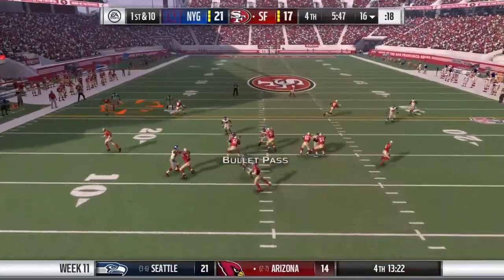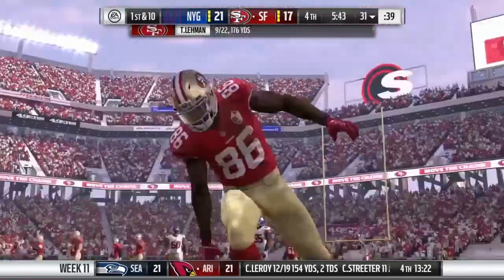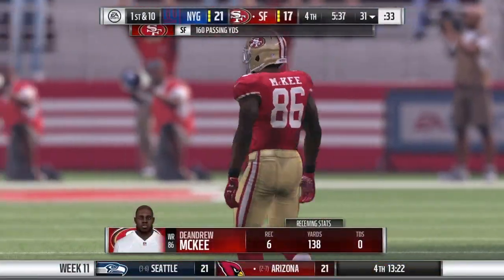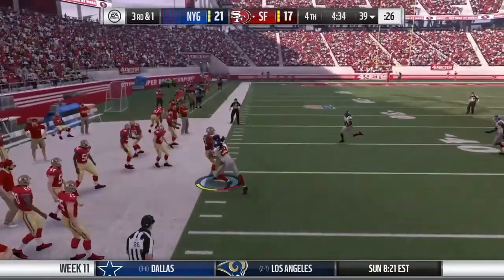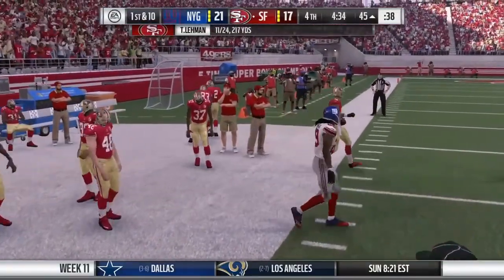They'll try and start this drive in the air. And oh, look at that, a diving catch. It's a pickup of 14 there, and it'll be a San Francisco first down. I know you don't get anything extra, right? Your mind to beat guys to the football and getting your toes tapped in bounds definitely qualifies as that, doesn't it? The veteran showing he's...